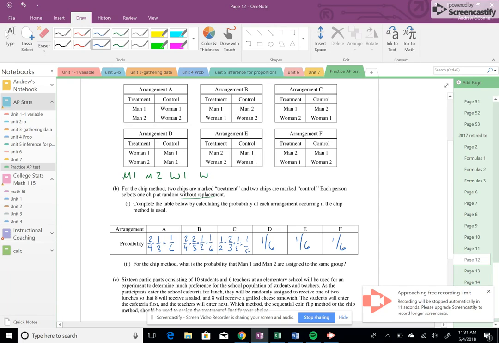So if you read part B-II for the chip method, what's the probability that man 1 and man 2 are in the same group? Again, probability of A plus probability of D. 1/6 plus 1/6 is